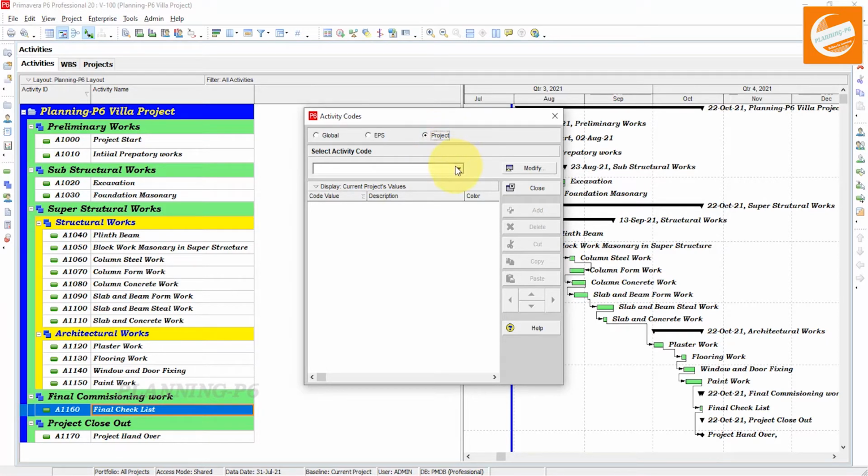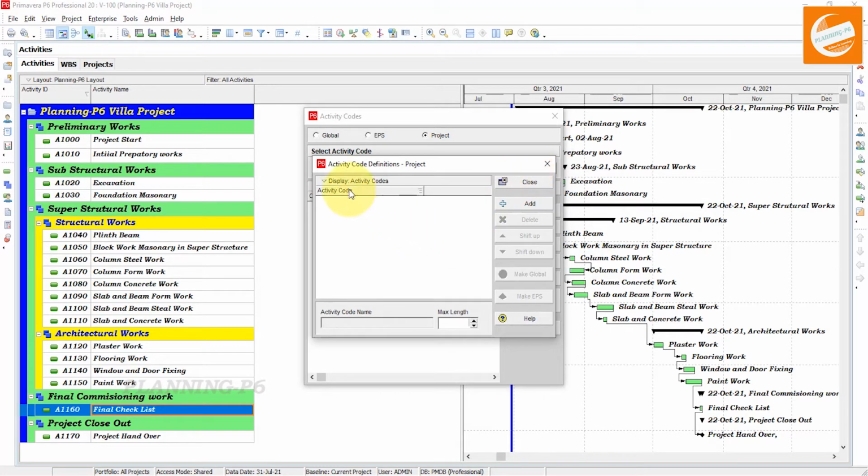For the project, we want to assign codes. There is no activity code for this project. Now we will add the activity codes. Go to Modify Activity Codes, click on Add. First of all, we will add here